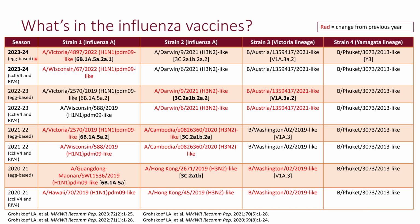And there are 2 sets of vaccines each year. The egg-based vaccines, regardless of who the manufacturer is, have the same strains, whereas cell-cultured and recombinant vaccines have slightly different strains compared to the egg-based, but essentially the same strains in cell-cultured and recombinant. You can see that compared to the previous season, what was updated in the 2023-24 season was the first strain. So influenza A H1N1 was updated, whereas the other 3 strains remain the same